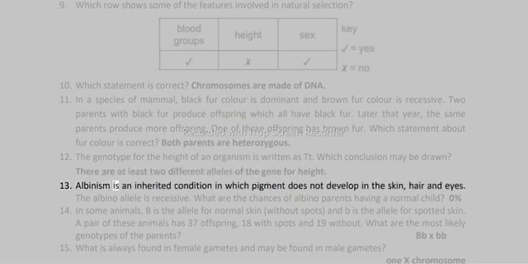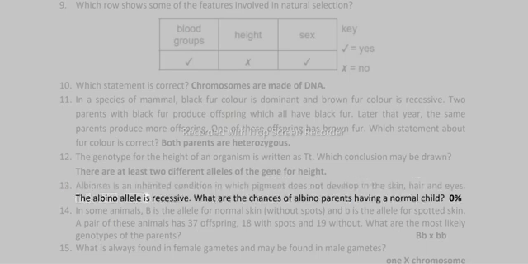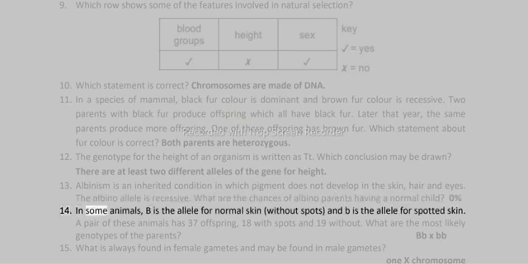13. Albinism is an inherited condition in which pigment does not develop in the skin, hair and eyes. The albino allele is recessive. What are the chances of albino parents having a normal child? 0%. 14. In some animals, B is the allele for normal skin, without spots, and b is the allele for